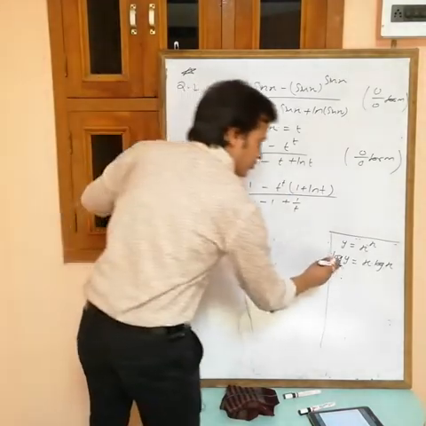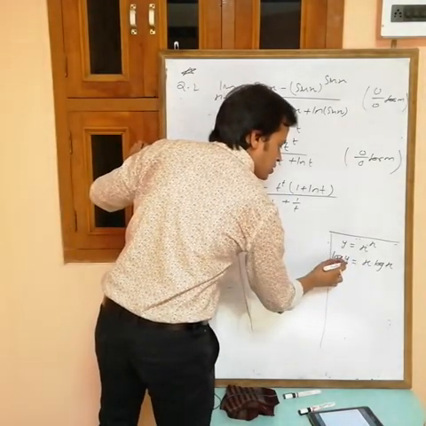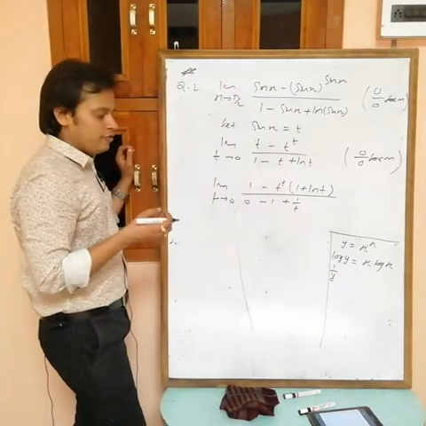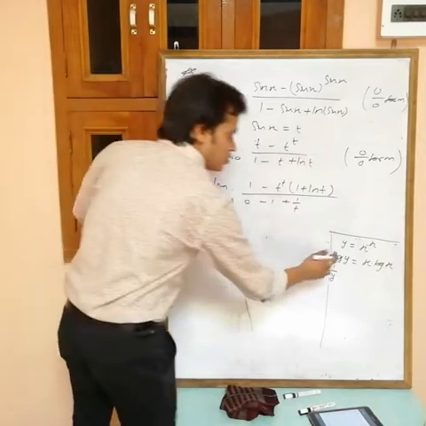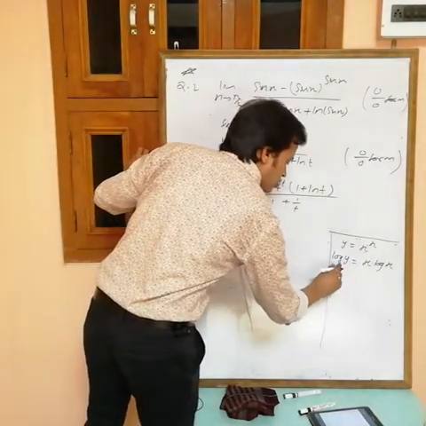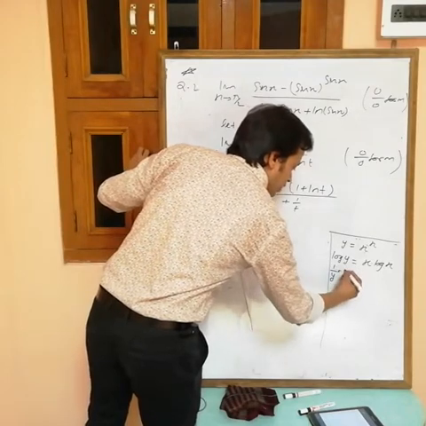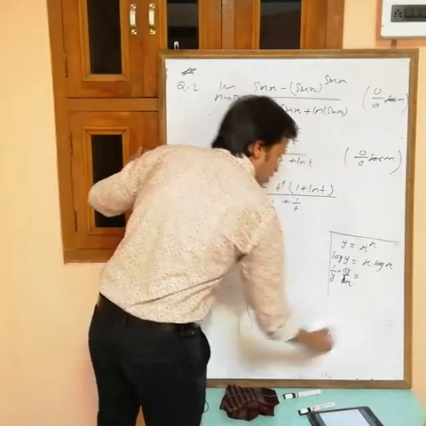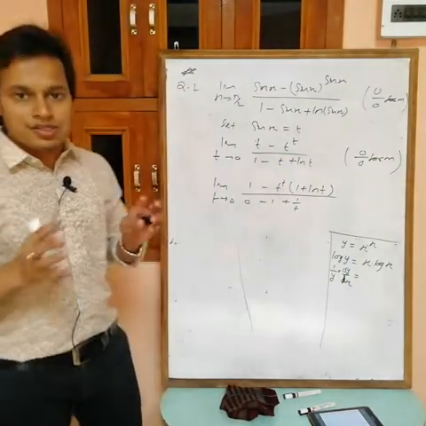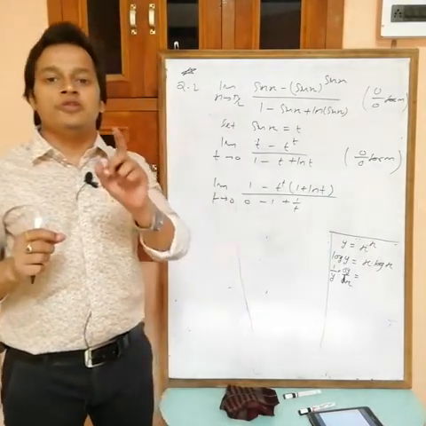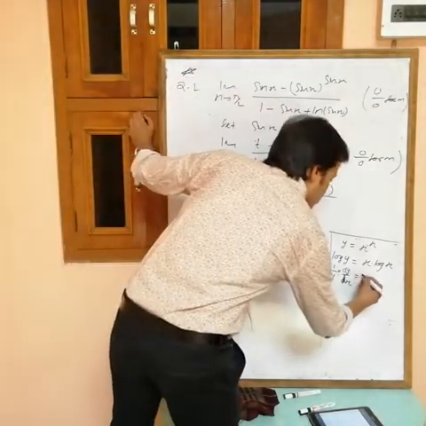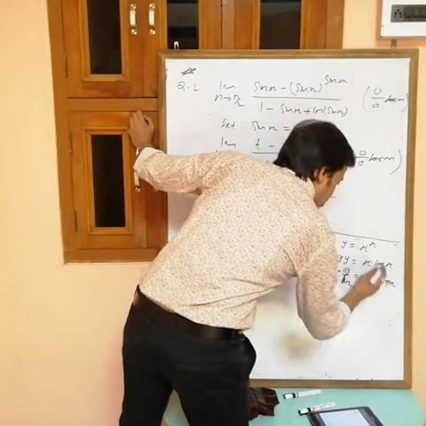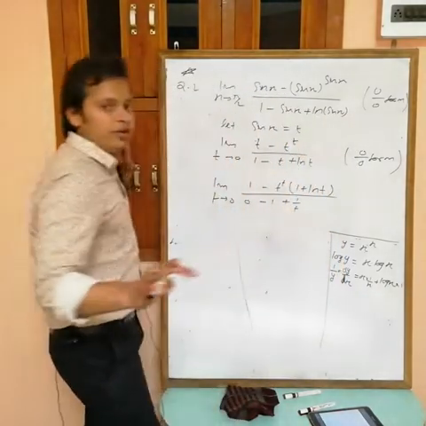Now differentiate. The differentiation of log y: I am assuming this as x, then log x gives 1 by x. In the place of x, we have to put the value which we are assuming as x. So log y gives 1 by y, times the differentiation of what we assumed, the derivative of y, dy by dx. Now the derivative of x into log x. This is the product of two functions. At a time I can differentiate only one. So x constant, the derivative of log x is 1 by x. Then plus log x constant, the differentiation of x is 1. The u into v formula.